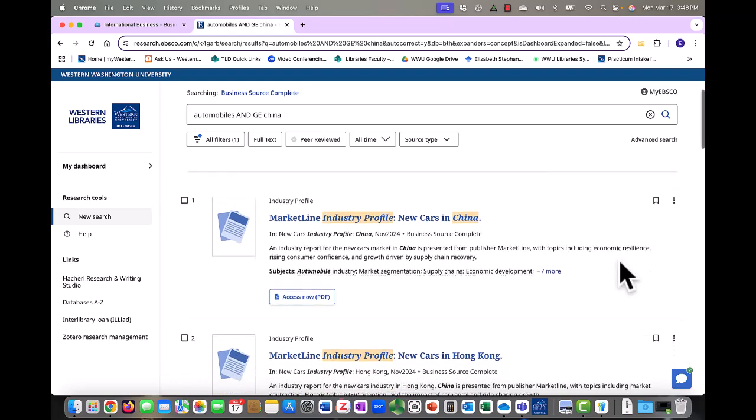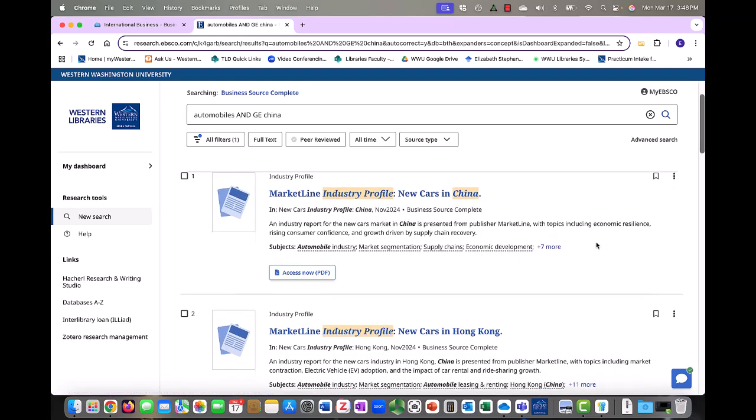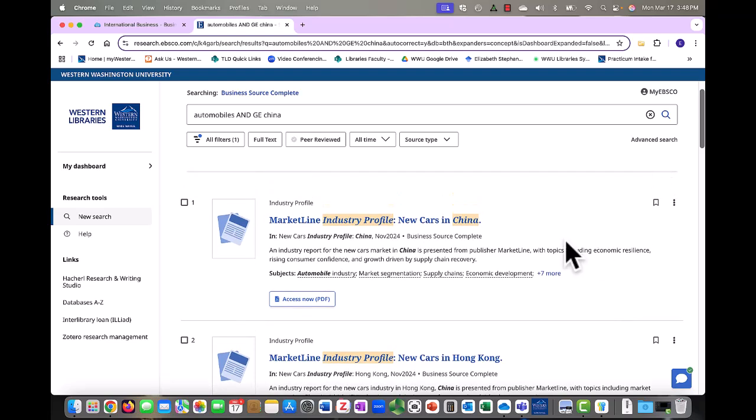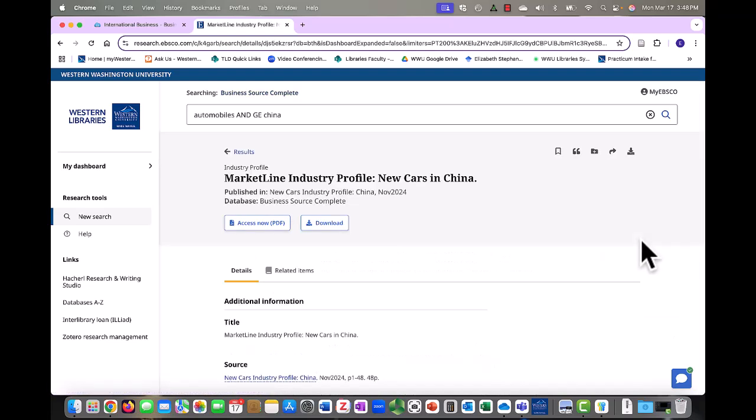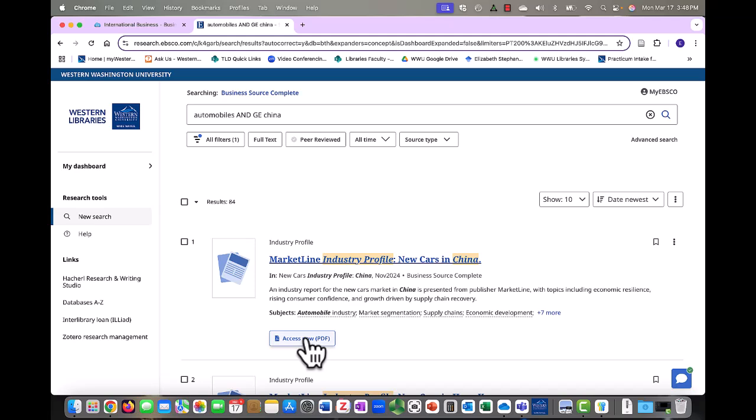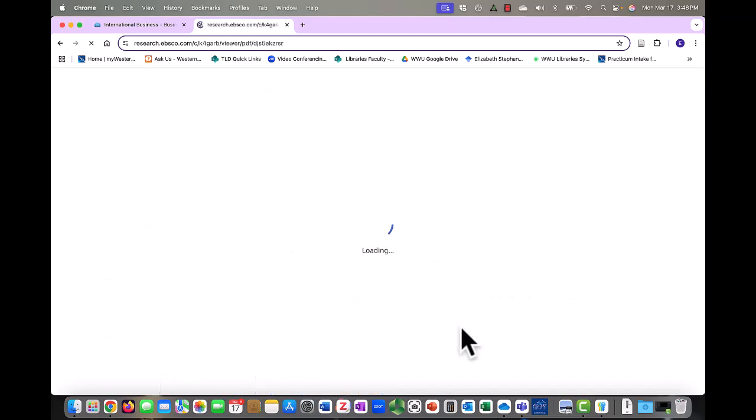So the first one we get is the MarketLine industry profile for new cars in China. MarketLine is a publisher. Their reports are pretty good, they're pretty relevant, and they are very reliable. You can get to it a couple of different ways. I can click directly on the title, or I can just click on Access Now and it'll take me directly